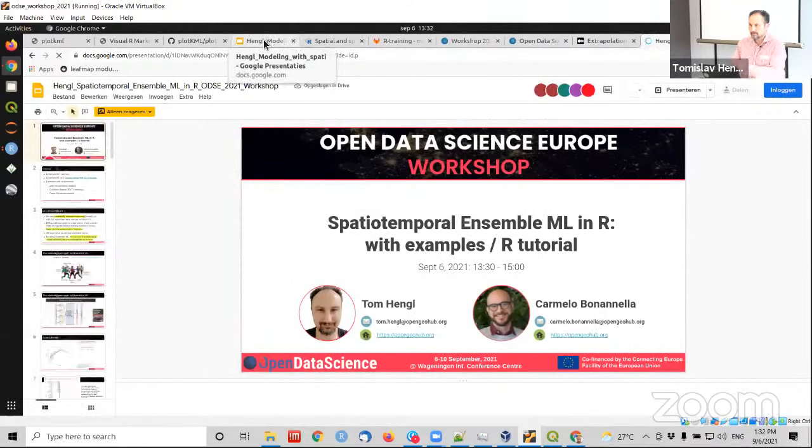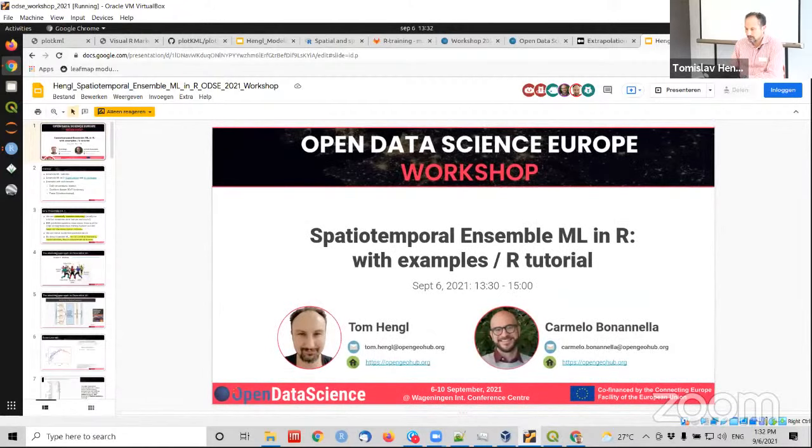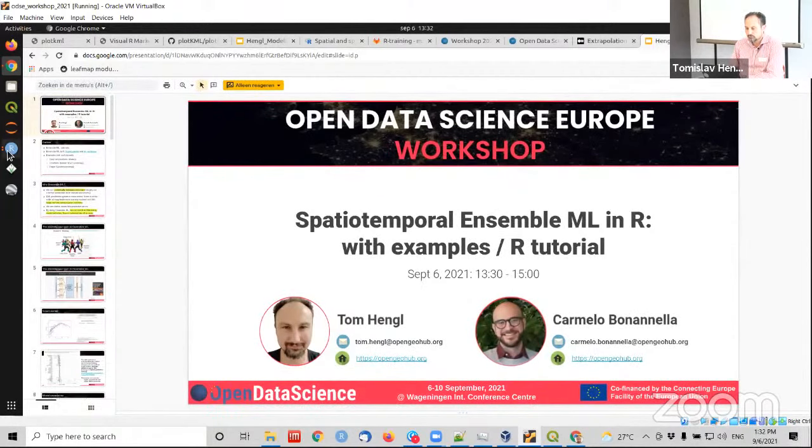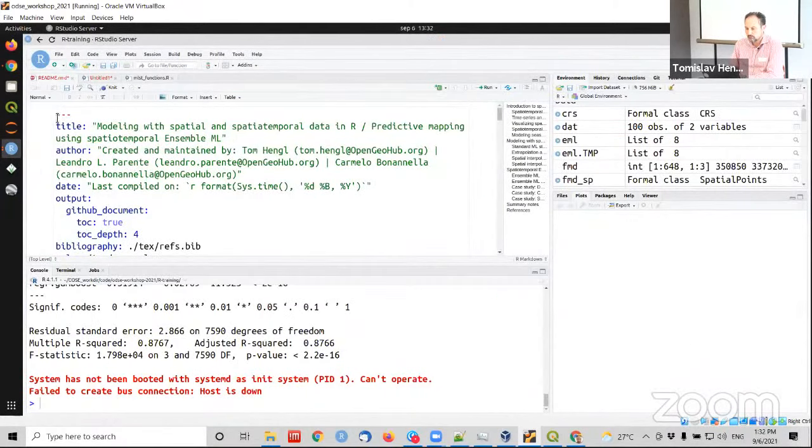So in the previous examples, I spoke a bit about machine learning and all the advantages and disadvantages. And I also showed you these examples with how you can use just buffer distances to make spatial interpolations. There is one more technique, similar to these buffer distances, which is to use distances to